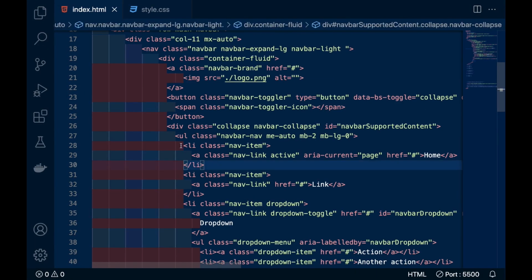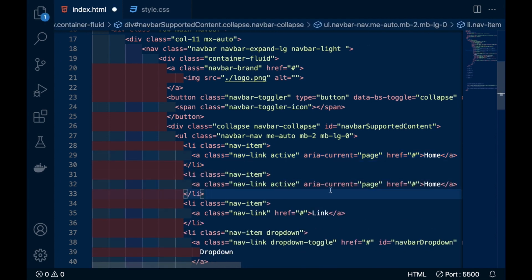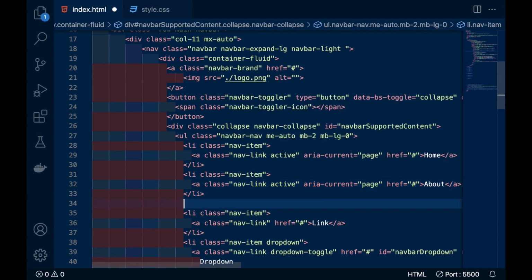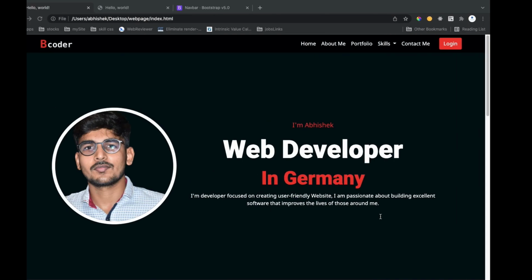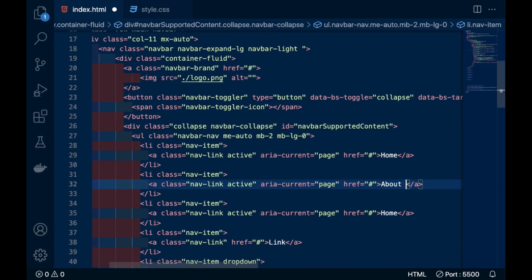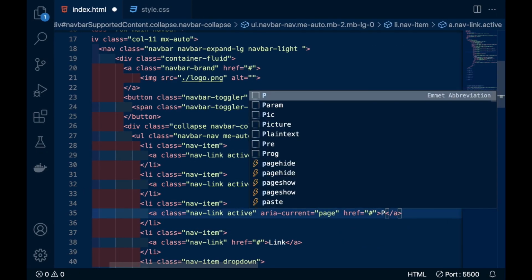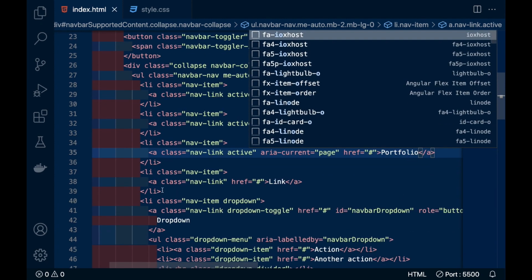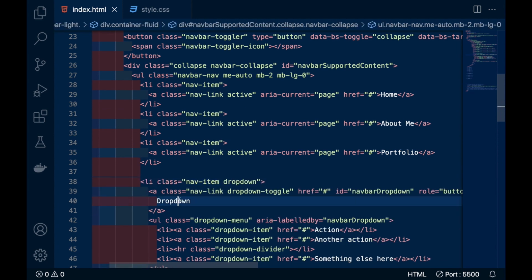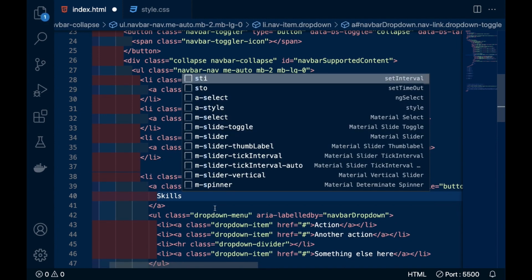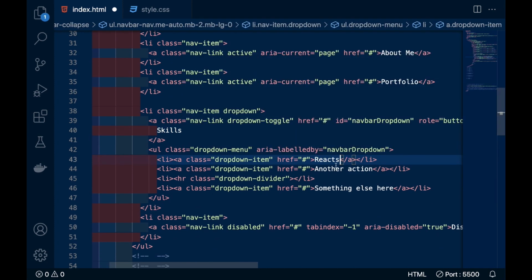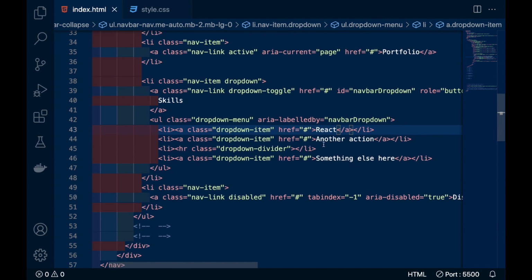For that you simply copy any one of them, and home, and after that about, and again paste, and after that there is a portfolio option, and I will remove this one, and the drop down will become skills, and inside that you can write anything. Here you can see almost the work is done.